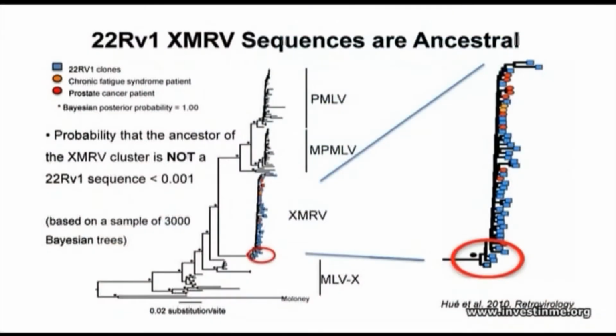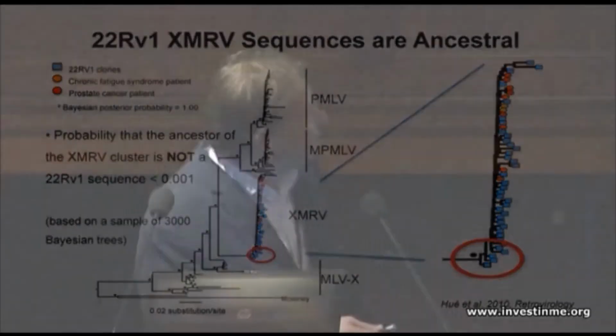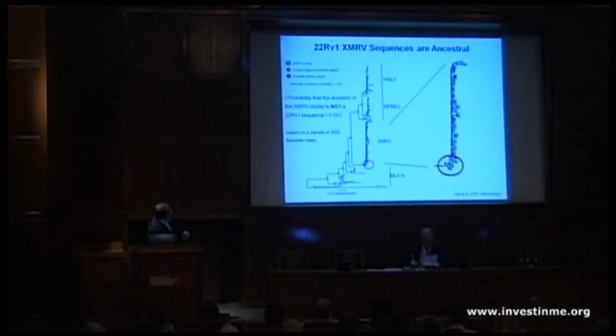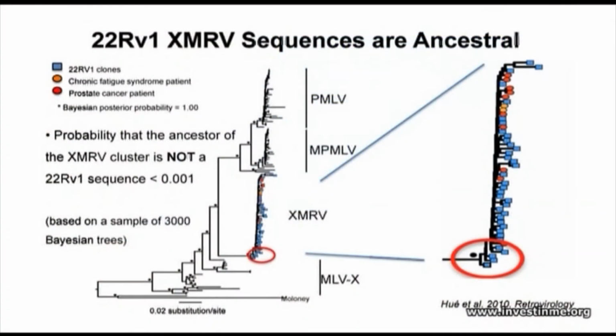So we were very much aware of that as a possibility. The way we approached determining whether or not XMRV is spreading in the human population was to compare the sequences of the DNA of the virus in the cell line to the sequences that had been produced by Judy and by Bob from the chronic fatigue and prostate cancer patients, respectively. So we use phylogenetics to do this. This can get quite complicated, but essentially we took all of the gamma retroviral sequences we could find and put them in a software that compares their relatedness to each other, and you find they go into the three families of retroviruses, the polytropics, the modified polytropics, and the xenos.